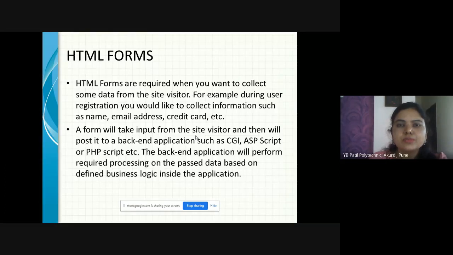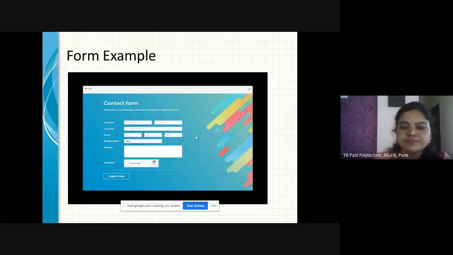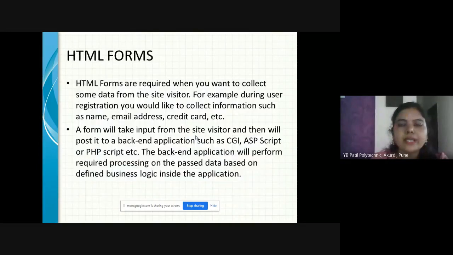When we distribute the forms, the users fill up the information and submit the forms. This way we get the information of all of the users. And technically how it works: the forms are available on the website. The website visitors fill up the forms and submit them. The forms are submitted to the backend application, and that backend application submits the data to the database. And this way the data is collected.